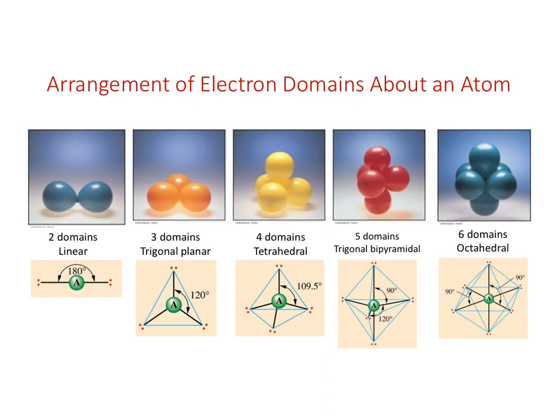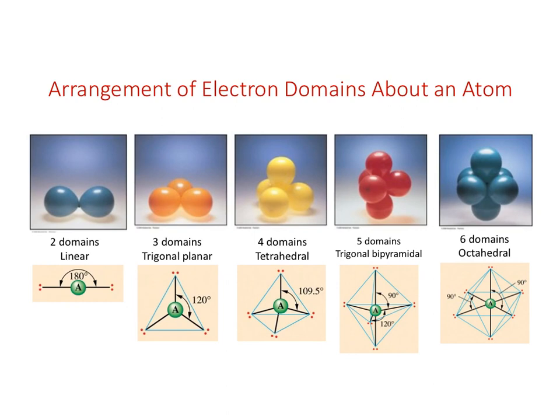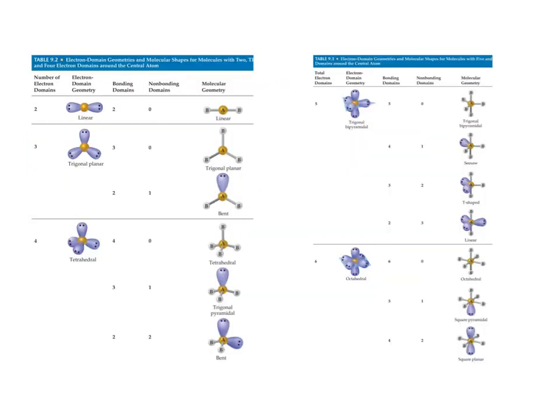Five domains, trigonal bipyramidal, and this was the first case that was unique because now we have two different bond angles. We have 90-degree bond angles and 120-degree bond angles: 120 around the equator and 90 from the axis to the equator. And the last one we talked about was octahedral, where everything returns to 90-degree bond angles. After determining the number of electron domains, we then use table 9.2 to determine the electron domain geometry